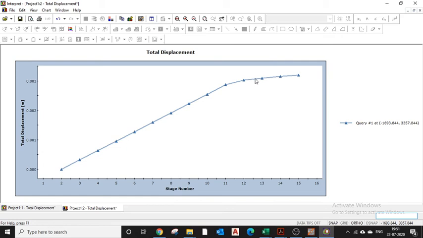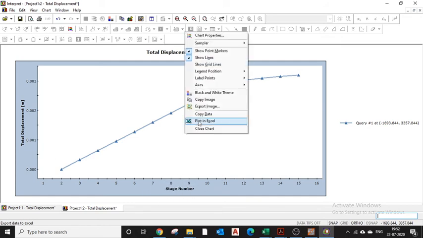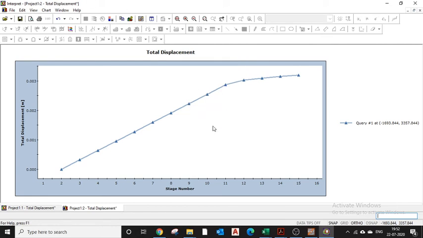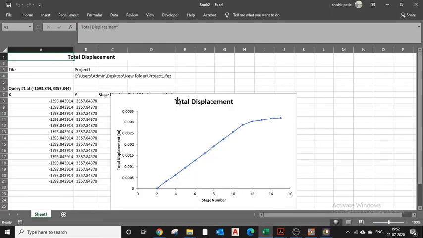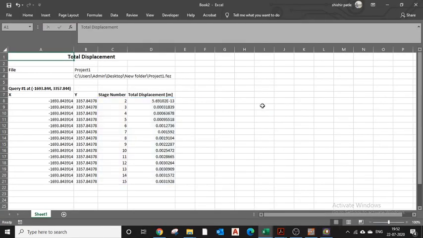So this is my GRC curve, but now I don't understand the stage number. I have the stage number linked with my support pressure. So what I will do is plot this graph in Excel, and here I have my graph. This is my displacement.